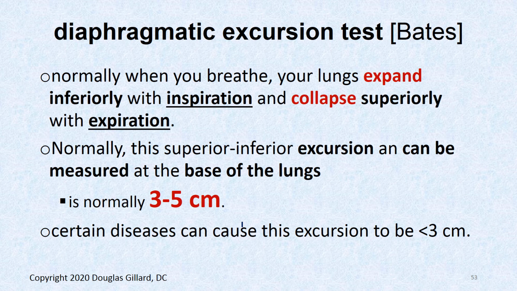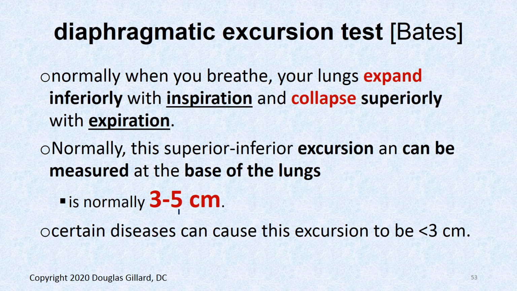So your lungs have the ability to contract and expand, and we can measure that in a straight line on the back of your lungs using a percussion technique. In fact, we can measure the excursion of the diaphragm. When you blow the air out, the lungs usually go to about 3 centimeters or so. When you suck in, the diaphragm goes up. When you blow the air out,